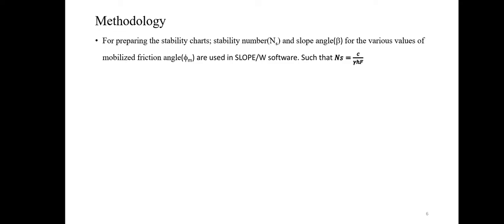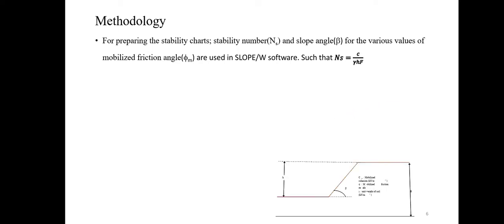In the methodology for preparing the stability charts, the slope stability number and the slope angle beta for the various values of mobilized friction angle were obtained using the SLOPE/W software, where 100 iterations were run considering the various slope and soil characteristics. Here the Ns, as discussed, given by Taylor, is equal to c divided by gamma h into F, where c is the mobilized cohesion, small h is the height of the slope,